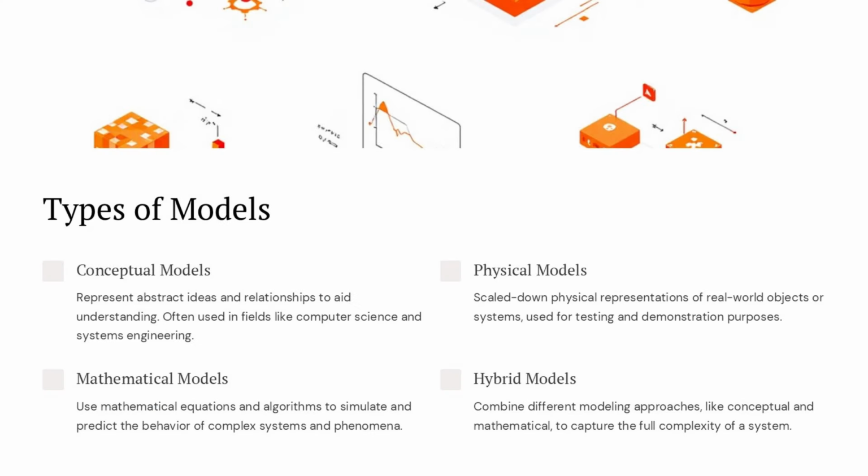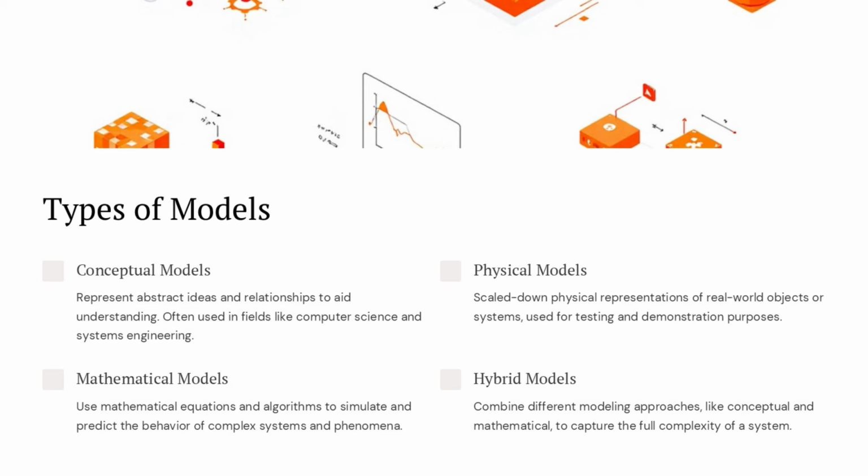reliability. Conceptual models represent abstract ideas and relationships to aid understanding, often used in fields like computer science and systems engineering. Physical models are scaled-down physical representations of real-world objects or systems, used for testing and demonstration purposes. Mathematical models use equations and algorithms to simulate and predict the behavior of complex systems and phenomena. Hybrid models combine different modeling approaches, like conceptual and mathematical, to capture the full complexity of a system. These various model types serve different purposes and can be used in combination to gain a more comprehensive understanding of